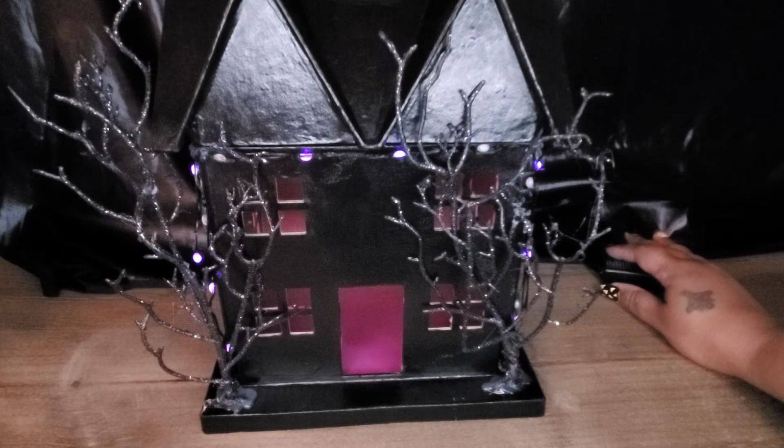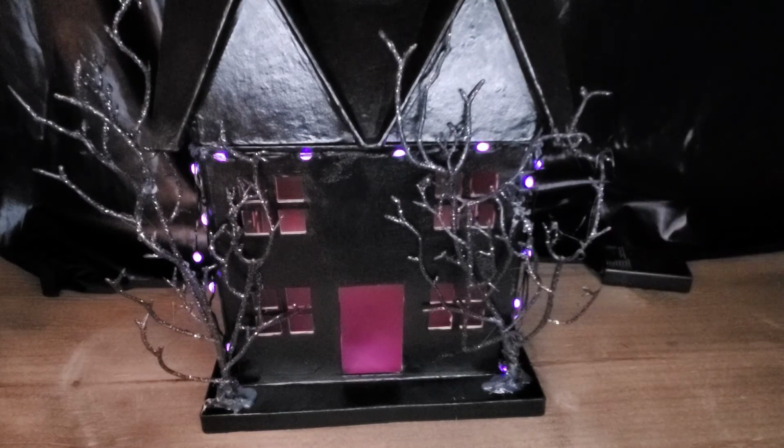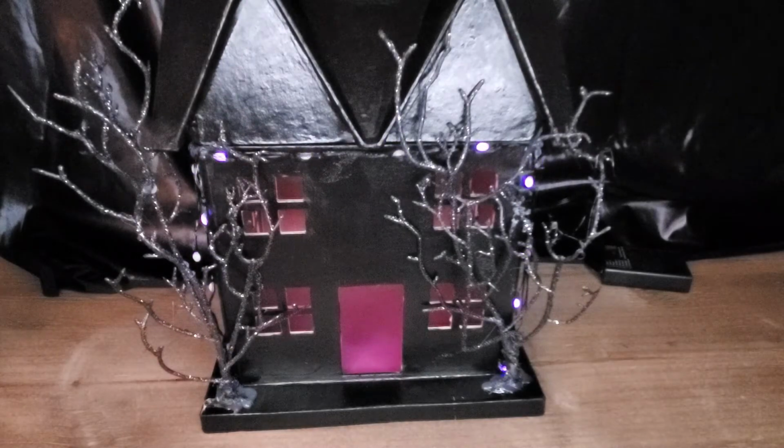This looks so good. I love the contrast. I love that it's really jet black, and the fact that it's also shiny and glossy. And I know that this is going to look really good on my desk. I'm glad I didn't opt for a real